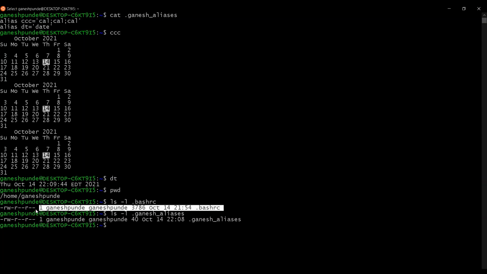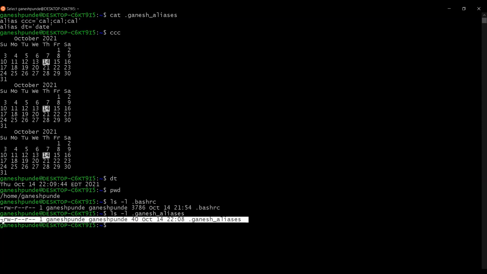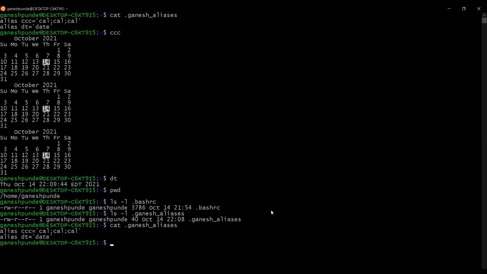This is the existing system file, bashrc, and this is a customized file, meaning I created this file, and in this file I added the aliases and I can use it. If you want to see the content, you can use your regular command. You can see I created two aliases and I am referring to those aliases on the command line. So these are the ways you can create permanent aliases. So this concludes our aliases topic.